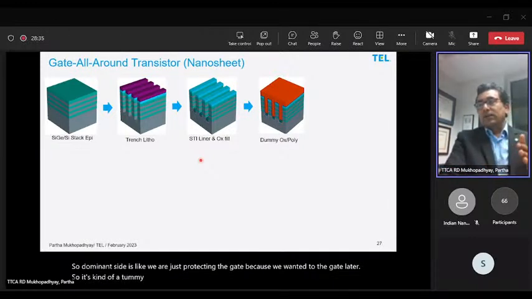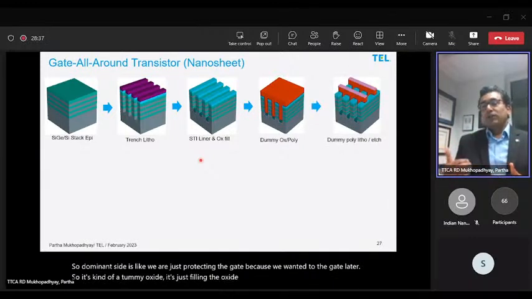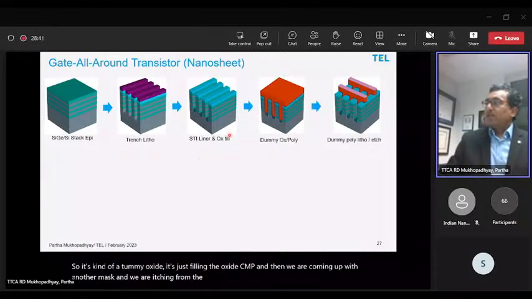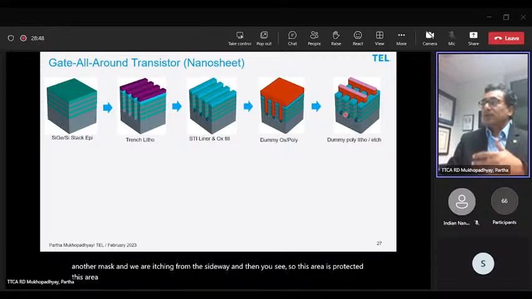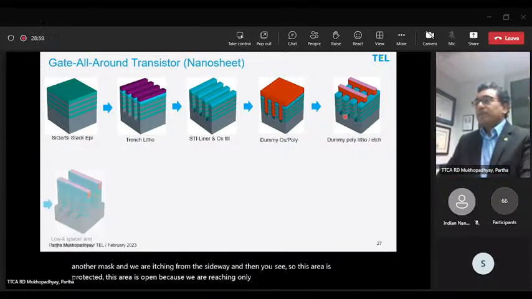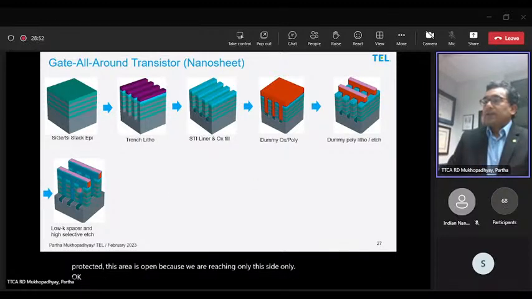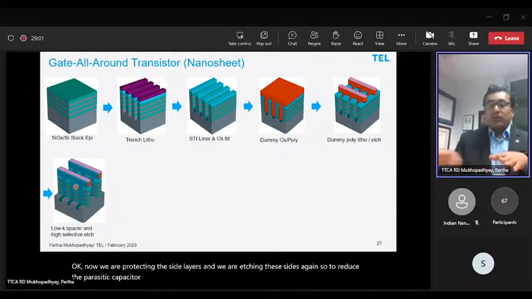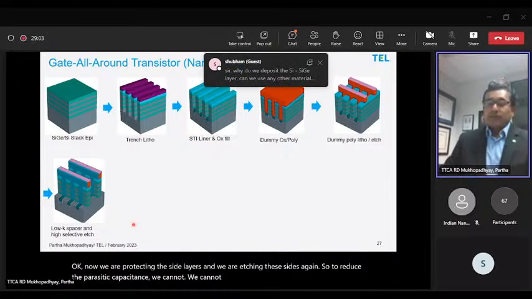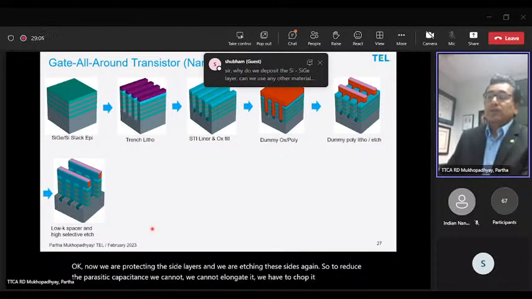You're just filling the oxide, CMP, and then we come up with another mask, and we are etching from the sideways. So this area is protected, and this area is open because we are etching on this side only. Now we are protecting the side layers, and we are etching these sides again. To reduce the parasitic capacitance, we cannot elongate it. We have to chop it because we need to do the